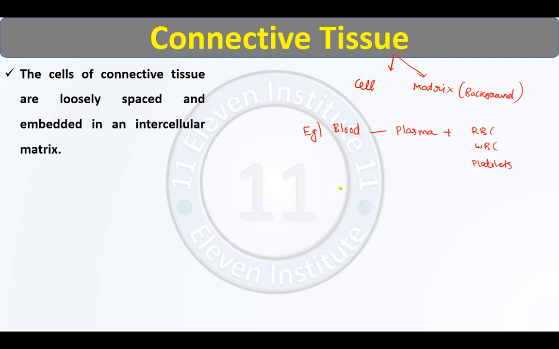You can take the example of a faluda. There is a background of milk, and in milk different things are suspended, like chocolate, like dry fruits. They are suspended. Fine. So that is the basic structure of connective tissue, each and every connective tissue, and its type depends upon the type of matrix. This matrix can be solid or it can be fluidic. Sometimes it can be semi-solid or dense. Right, different types of matrix. On the basis of that, there will be different types of connective tissues.